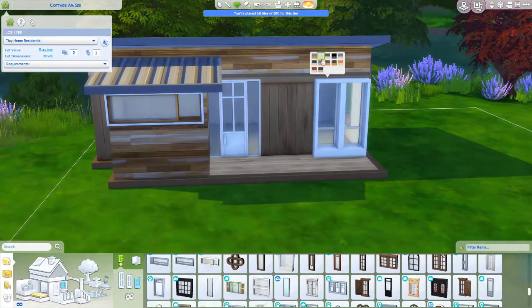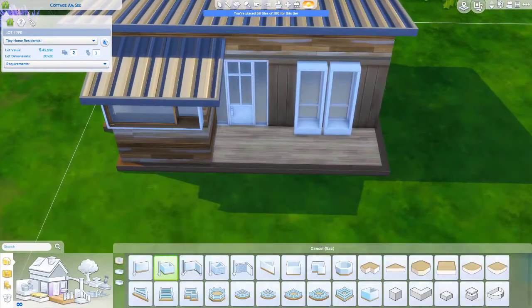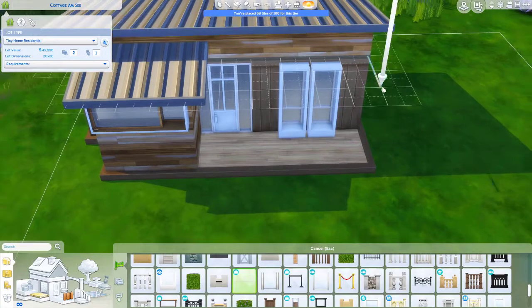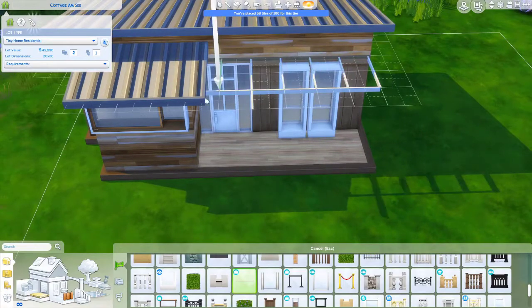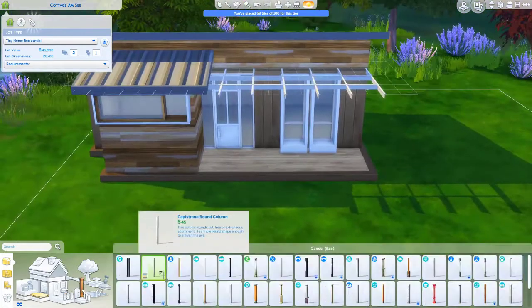But anyways, this is a 1-bedroom 1-bathroom home, and I imagine that the sim that lives here, she or he, likes to garden and has their dog with them, and just likes to spend a lot of time outside, maybe fishing, because there is a pond over to the side, and I created a little tiny